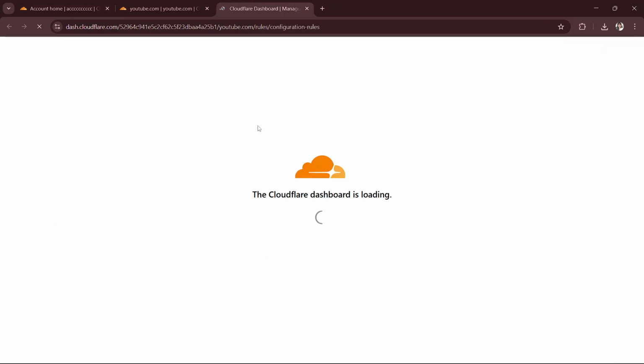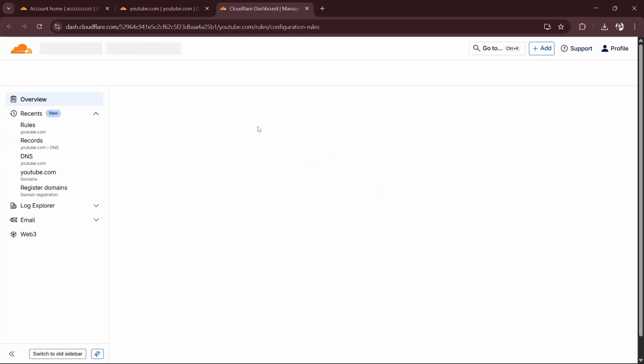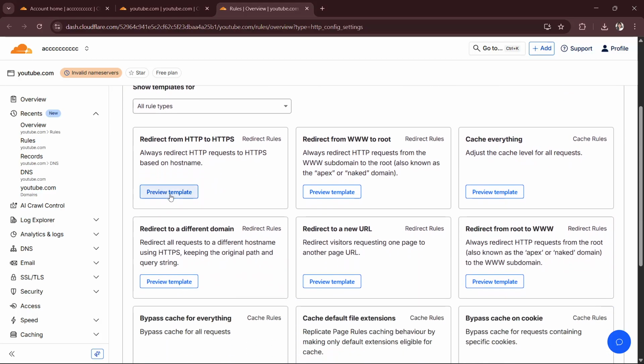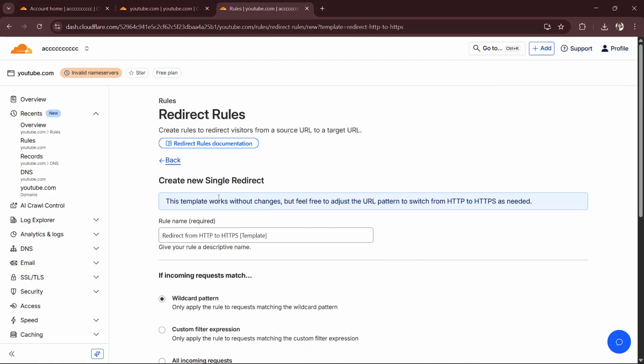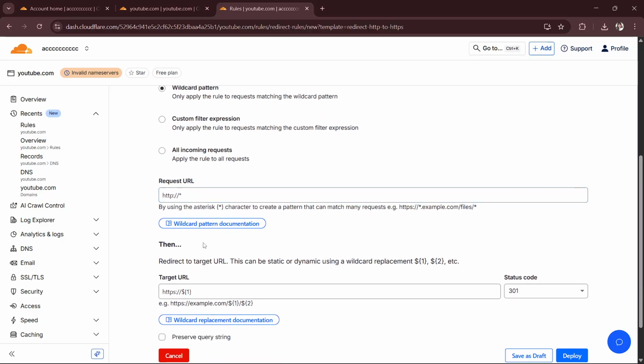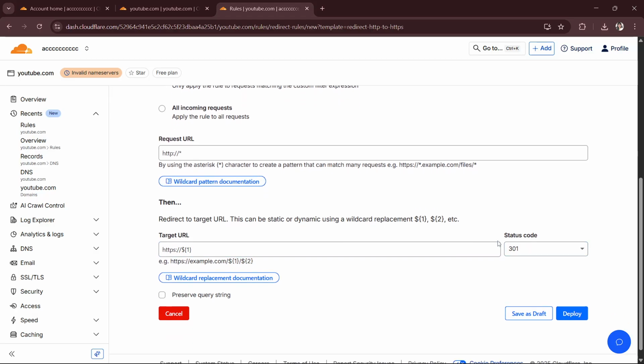and then page rules, and then you will just have to click create page rule, and then after that you will just have to enter your, okay, so click this template right here, and then you will just have to enter your domain with https colon slash slash and asterisk, and then you will just have to choose forwarding url to 301 permanent redirect. And yeah, finally you will just have to save the rule and test your website to ensure